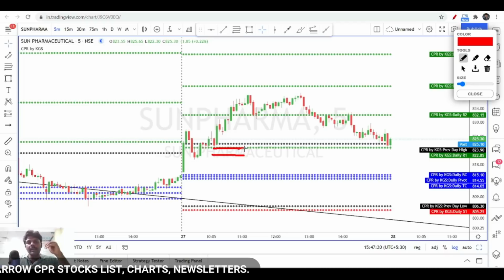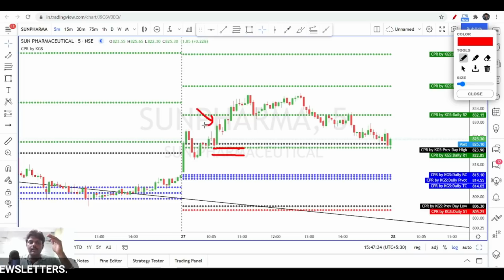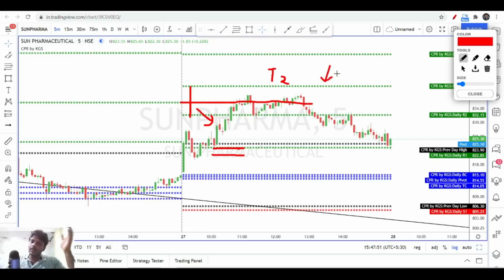Okay, and what will be a target? So you are entering in this bull candle. Your first target should be R2, R3 50%, and exit at your first target, and your second target will be R3 levels. It is better to exit at the first target itself because very rarely the candles will reach R3 and R4 levels. Even if you are waiting to book your profit at R3, no problem.